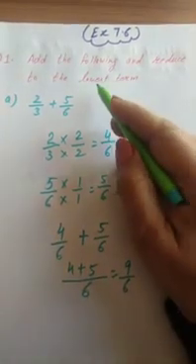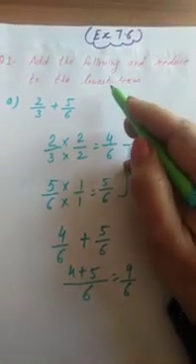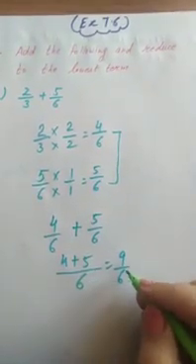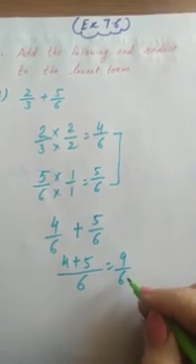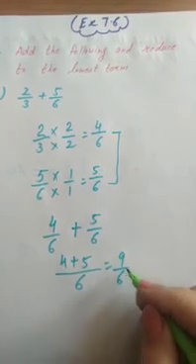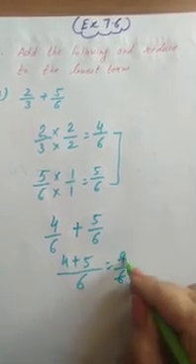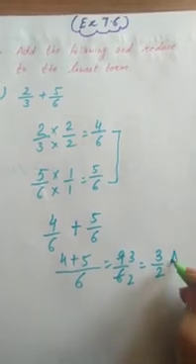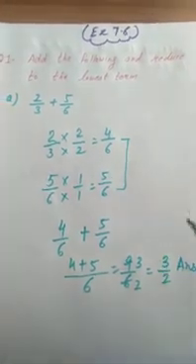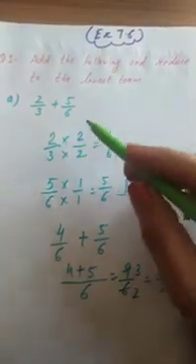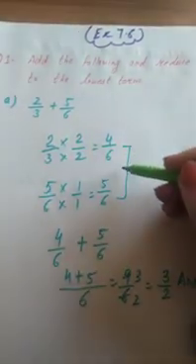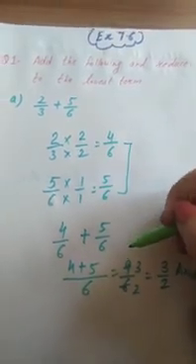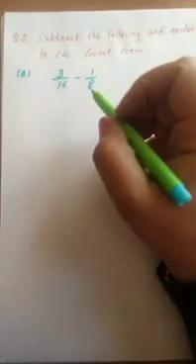Now we have to reduce it also. We will write in the lowest term. So we try to cut these two numbers on the common table, and that will be 3. 3 2s are 6, 3 3s are 9. So my final answer will be 3 by 2. So in this way, by making unlike fractions into like fractions, you just add the given fractions.